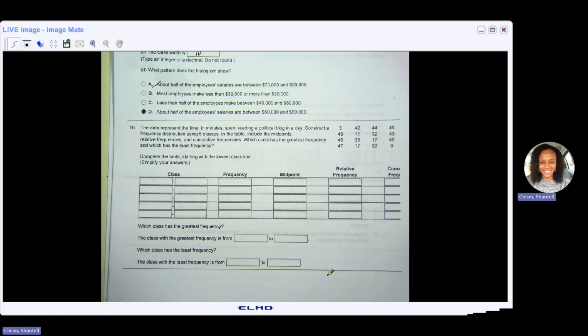One thing I believe we should be able to do is at least find the class width. And if nothing else, I think we can find the classes. I can do as much as I can. Unfortunately, like I said, it got cut off. But to get the class width, we're going to